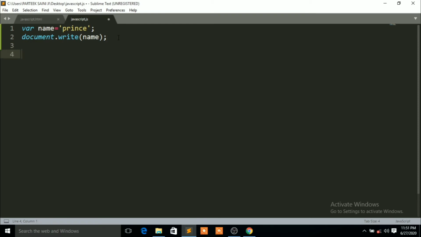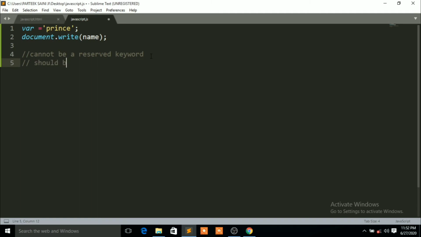Now friends, notice some rules here. A variable name cannot be a reserved keyword. What are these reserved keywords? Like the if keyword, else keyword, break statement, switch statement. These can't be used. If I write if here, it can't be a variable name, so it will not print anything. So you can write any name here, like name, age, anything.